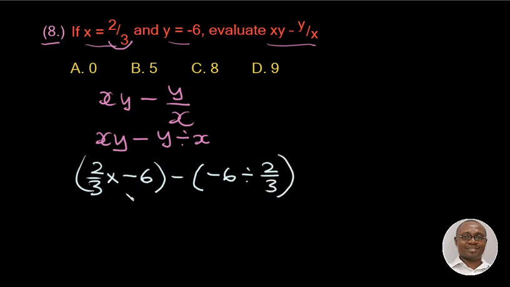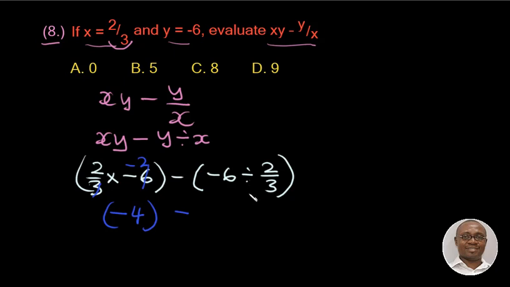Alright, on the left hand side we can go ahead by simplifying further by dividing the denominator by 3 and this by 3, so we end up having minus 2. So 2 times minus 2 gives us minus 4. Good. Then on the right hand side, bracket on the right hand side, we have a division sign here,